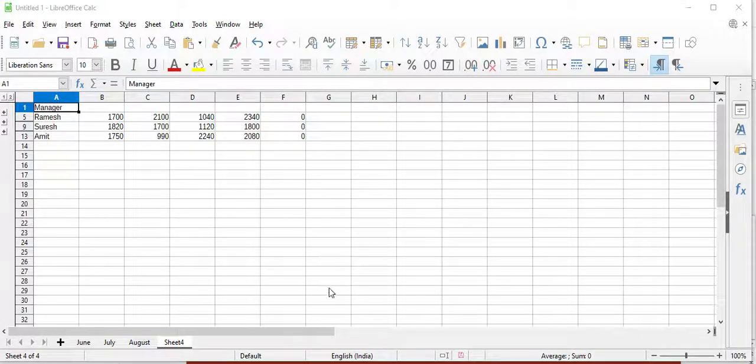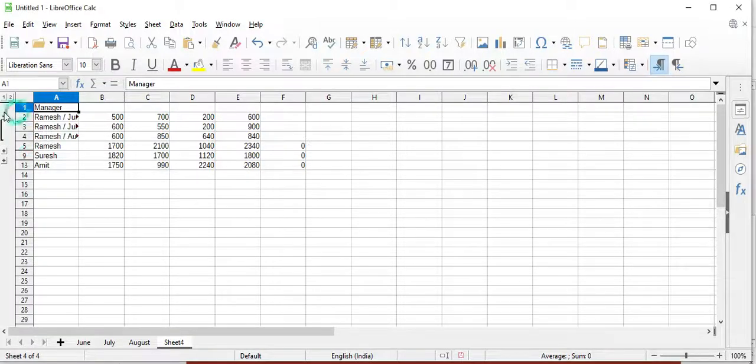You will see the total sum of the North area has appeared in this first column. Like that in other areas and for other managers also. This is how we are consolidating for the sum. If you notice here, there are some plus arrows. If you click on that, you will see Ramesh's June month in this one, July in this one, and August in this one. The total of this is